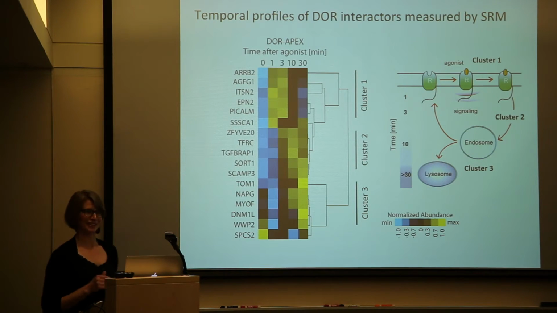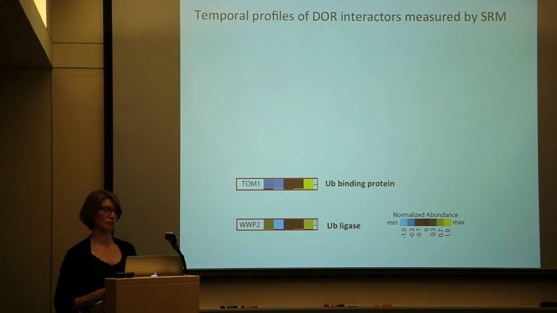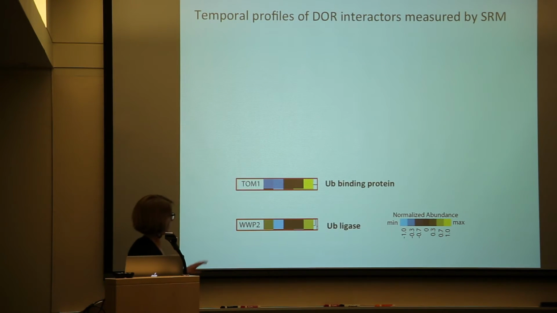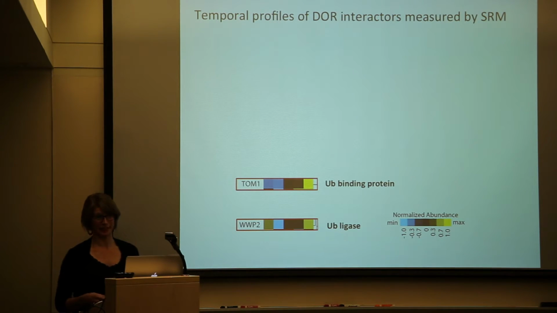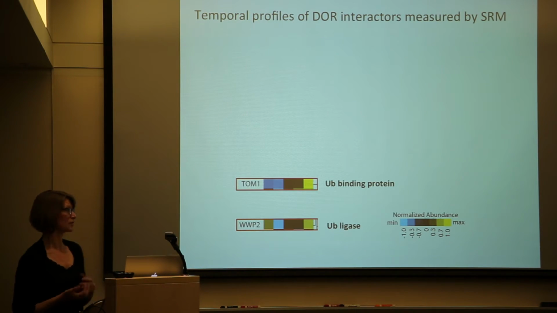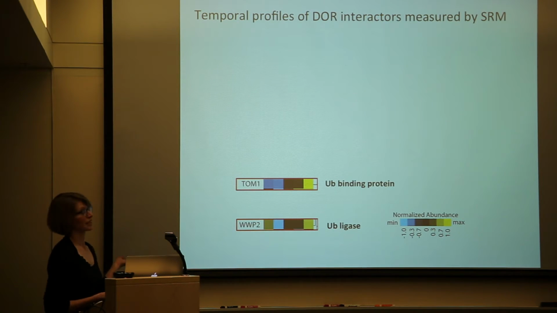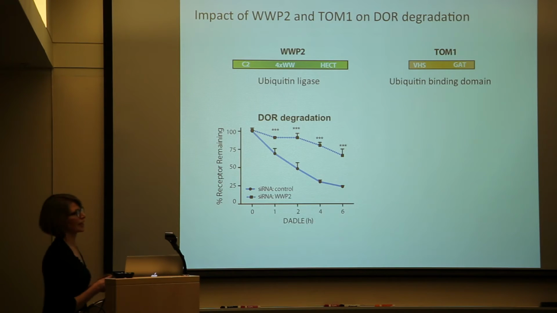And to our luck, we were really happy to find 2 proteins that are involved in the ubiquitin pathway. This TOM1 is a ubiquitin binding protein, and WWP2 is a ubiquitin ligase. So now we were asking, are these proteins that we find here involved in the ubiquitin pathway, and we know that ubiquitination of the receptor is important for degradation, do these proteins have an impact on the degradation of the receptor? So what we then did is a knockout of WWP2 and also TOM1, and then looking at the DOR